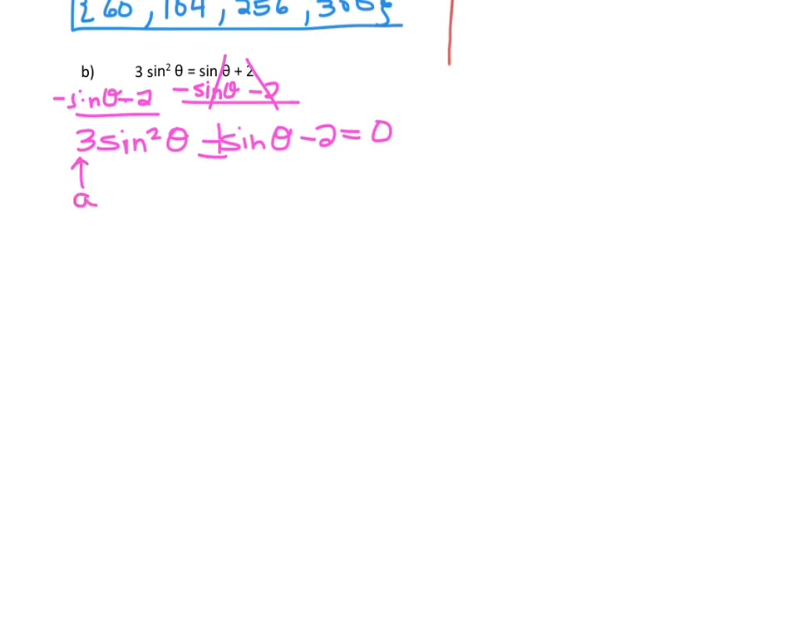-1, there's like a 1 in there, is my B. And then -2 is my C. Okay, now when we write the quadratic formula, remember, we don't write x equals. This isn't an equation with x squared. It's sine squared. So we need to write sine of theta equals,